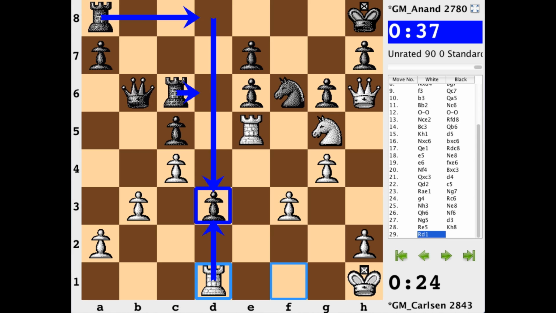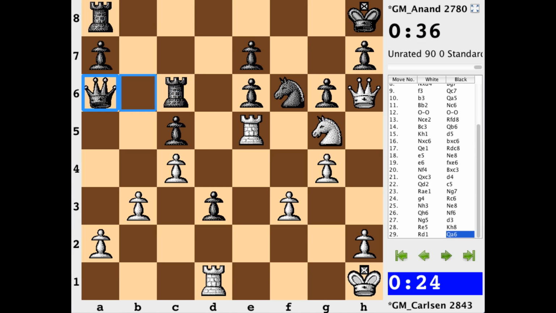Neither one could be in a position to watch over d3 because of knight f7 with the check, and the knight would be hitting both d8 and d6. So what do you do in this position? Queen a6 is tried, in order to meet rook takes d, of course, with maybe rook takes a.